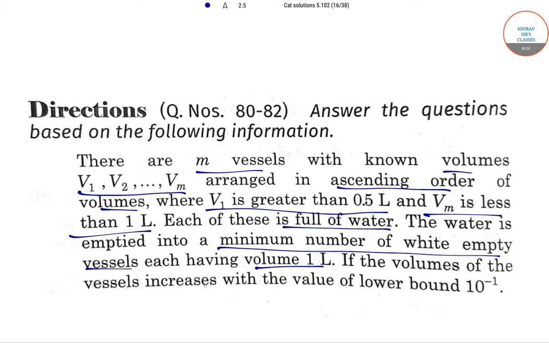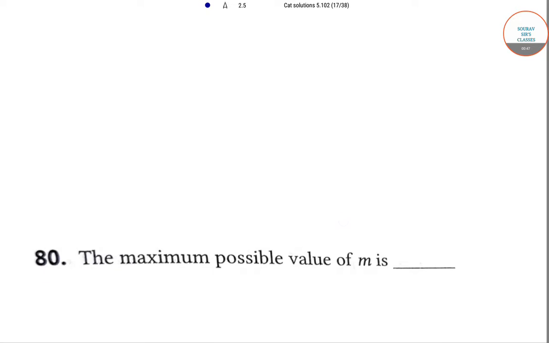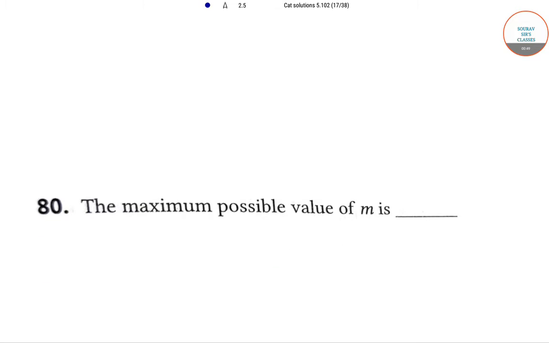If the volumes of the vessels increase with the value of the lower bound of 10 inverse, then the maximum possible value of m is. Now,